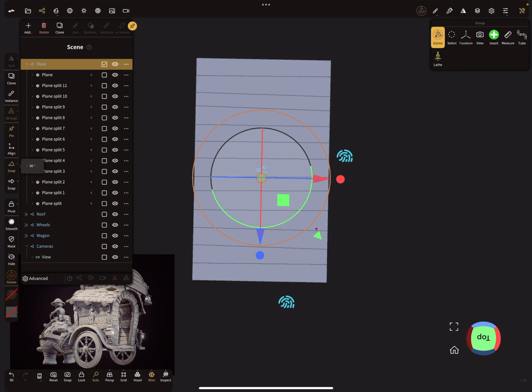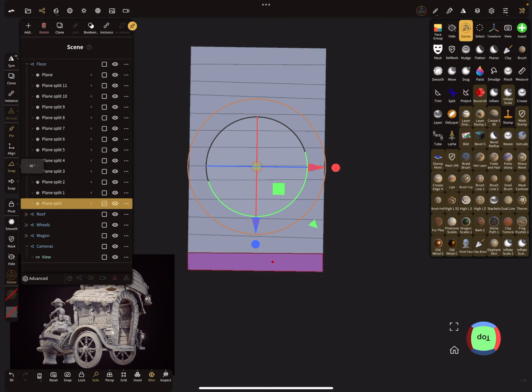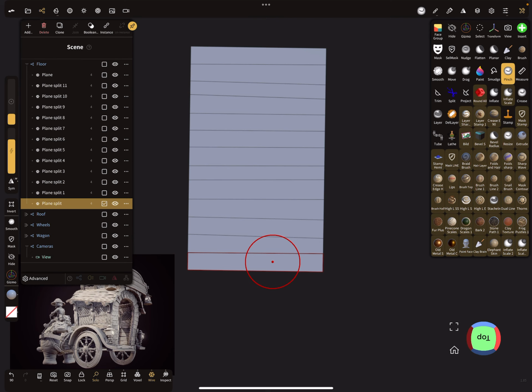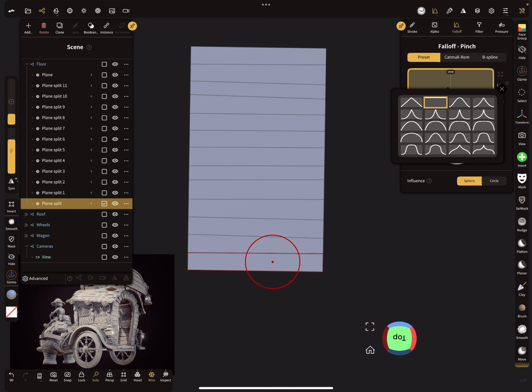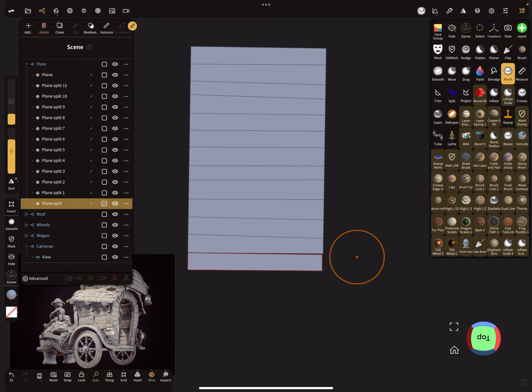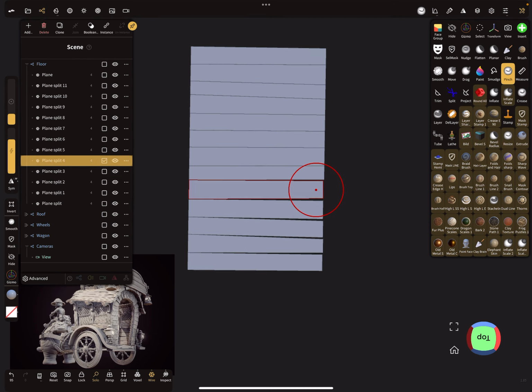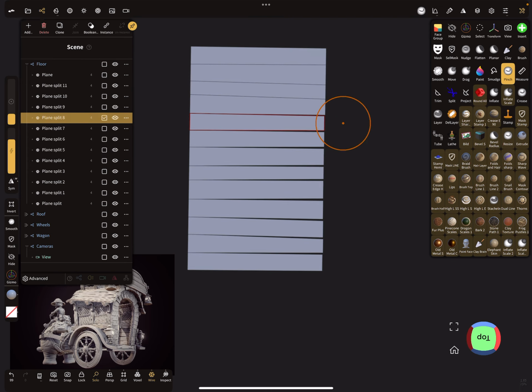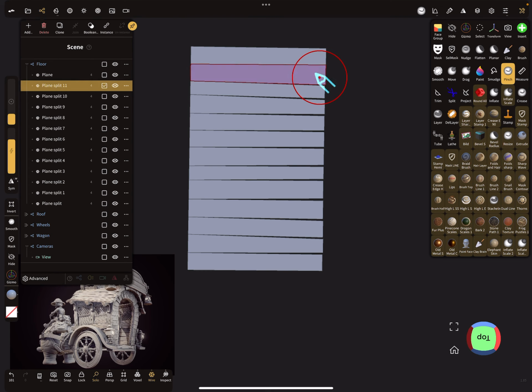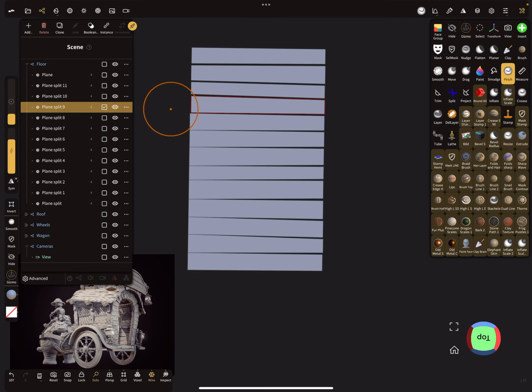So okay. So now let's use the pinch tool, and I think we have to change to lock radius again, and so pinching.